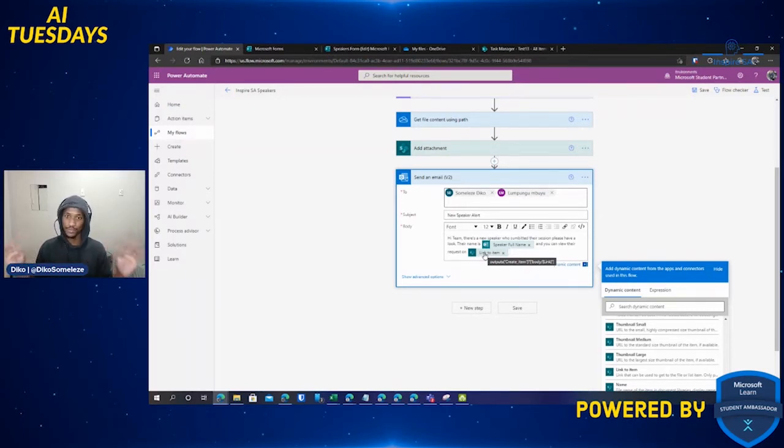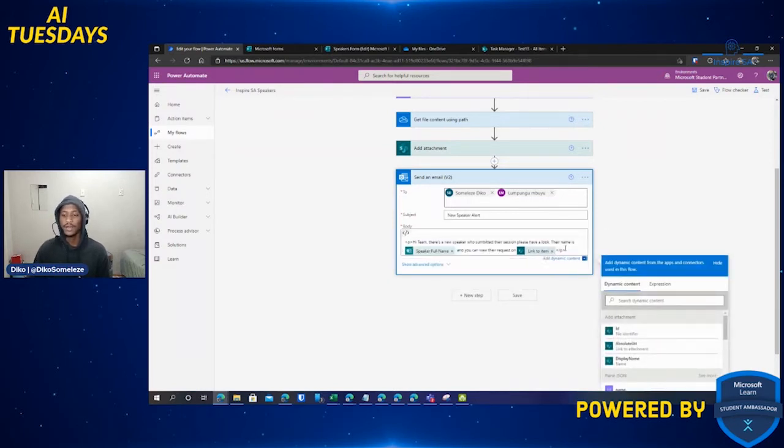But don't fret, don't be nervous. There's a solution to that. How do we do that? You will see here there's this funny icon that looks nice. Normally programmers would recognize it right away. If you hover over it, it says code view. If I click on code view, this will help us structure our email in an